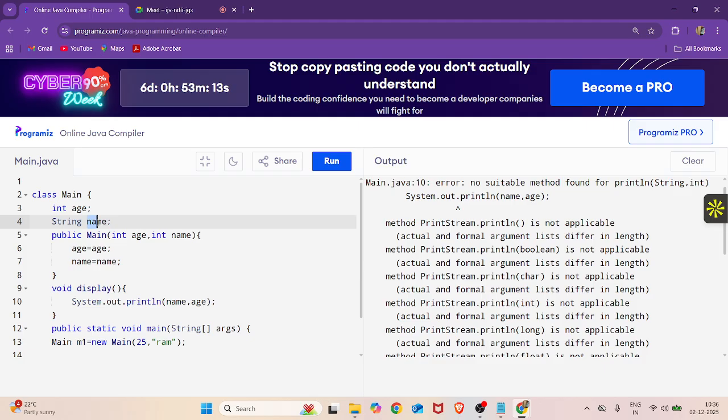For this purpose, the this keyword will help you. What this refers to is the current object instance. If you have multiple objects, then you have to identify which object you are in. Then this will help you. Okay, and this.name